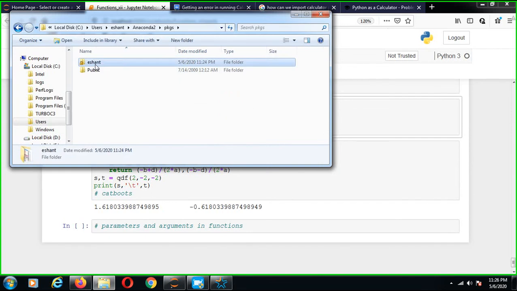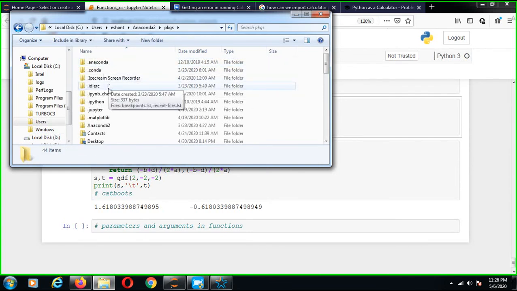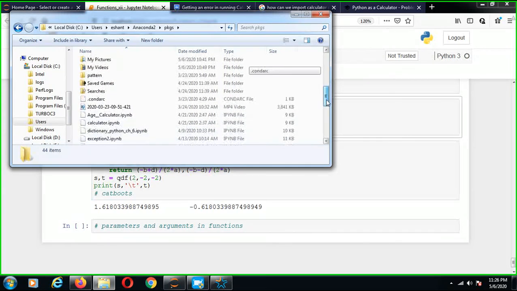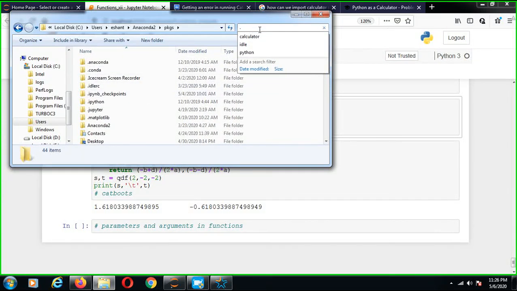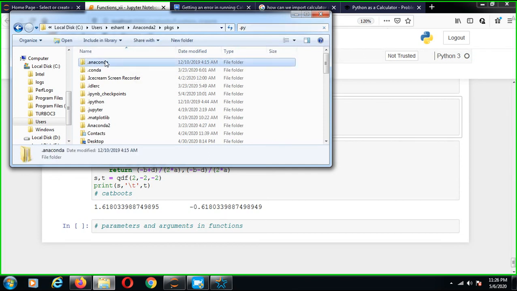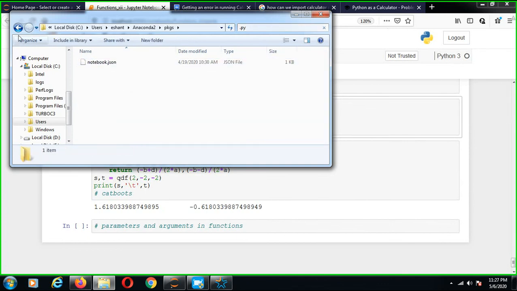Users, and where is the Anaconda, ideally Python checkpoints, my log files, ipy, .py file we can search in Anaconda, and .py file you can search. It will be available when the search process is done. So it's taking time, so definitely I'll tell you everything, and this topic everything I'll tell you, friends.